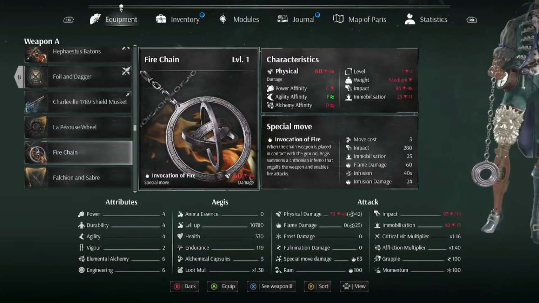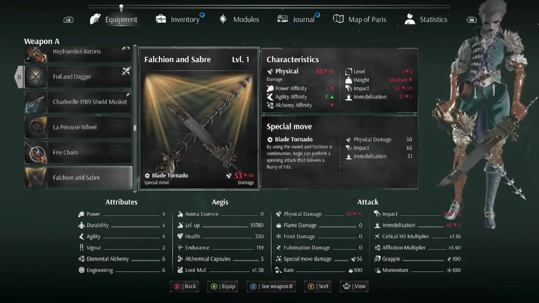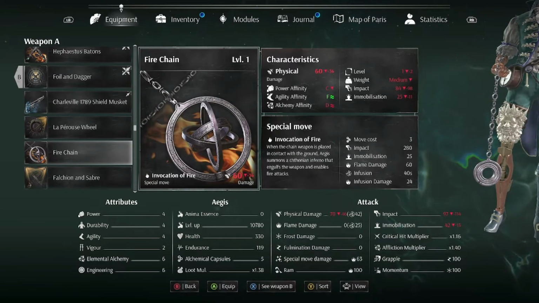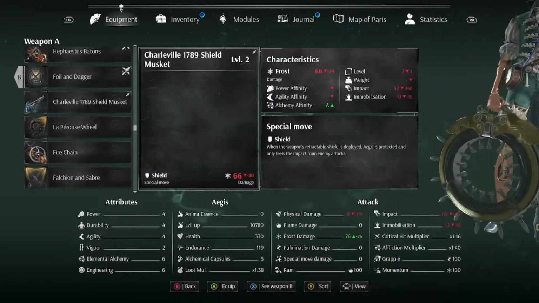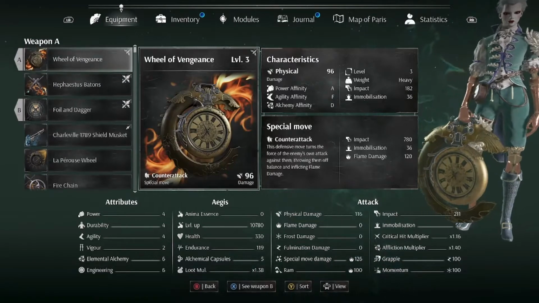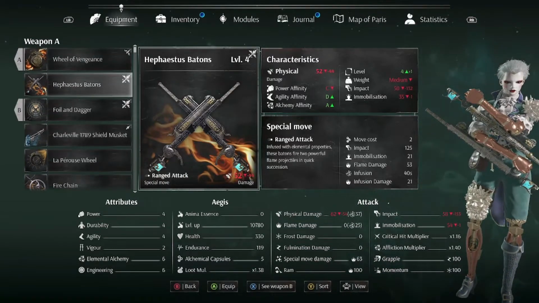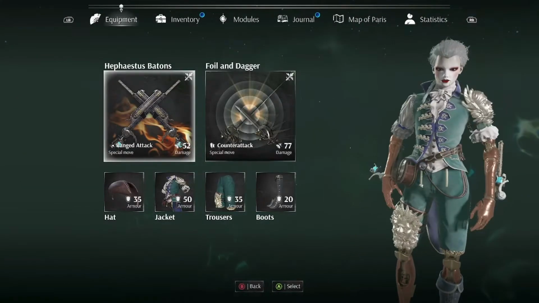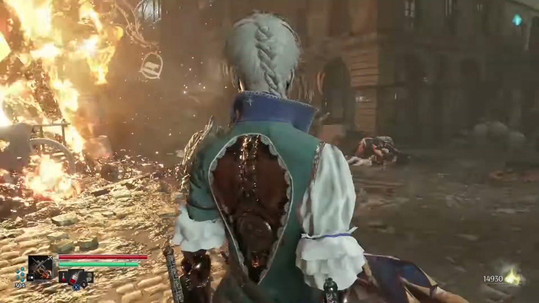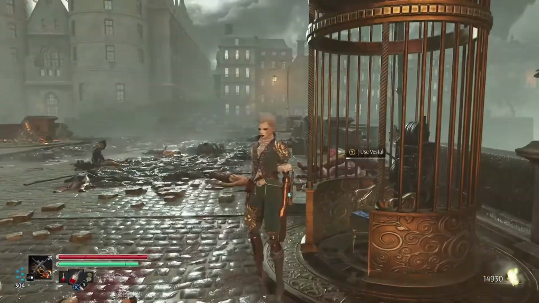I do like the fire chain, but it's too slow for the kind of weapon that it is. I really do like the musket, but it's just inferior to the batons here. But of course, the batons I could only actually get in this area, so there's that. Anyway, let's see. We need...